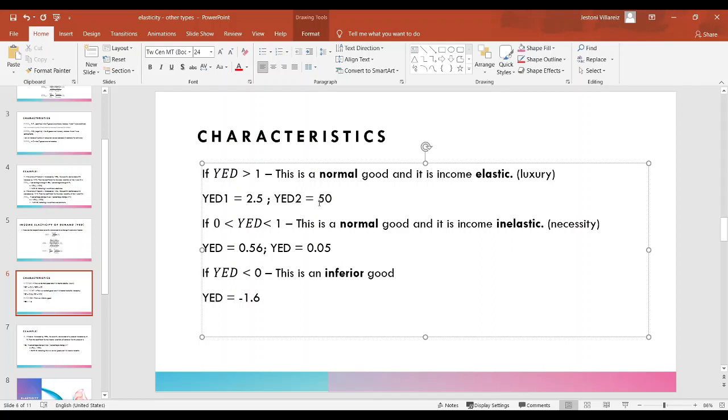Now both results are considered normal goods. But which of the two is income elastic? Now the higher the value of YED is considered more elastic compared to the other. Alright, so the higher the value, we can say that the item is a luxury. Pwede po tayo maingon nga 2.5 is also a luxury